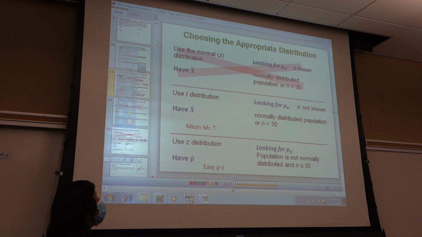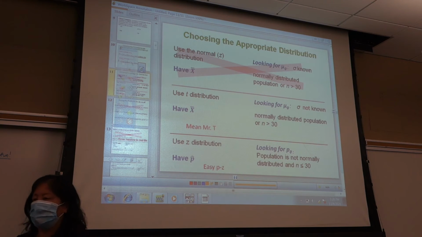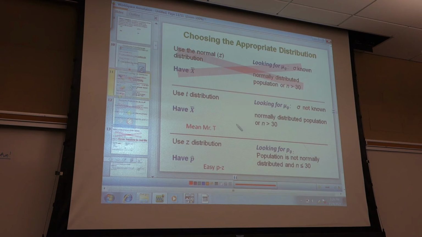Well, the easiest way of telling is a mean problem will always, always have the words mean, average, and also standard deviation in it. So these ones will say mean or average in the problem